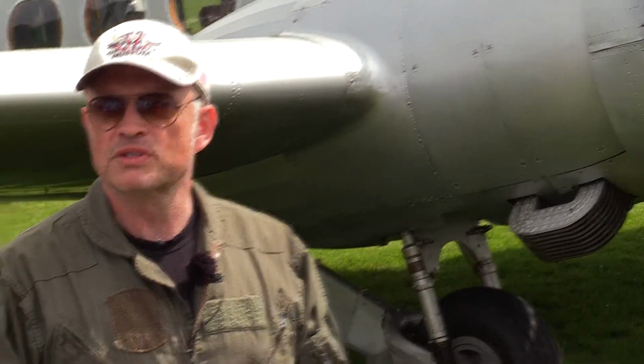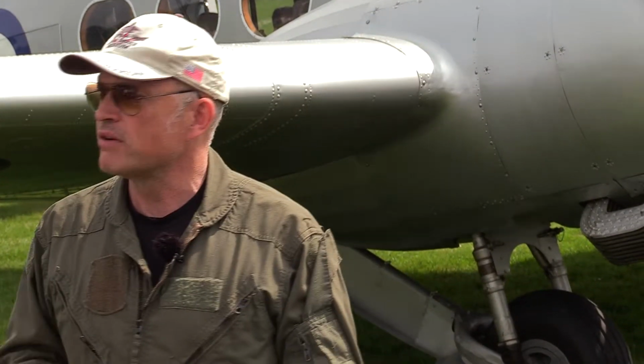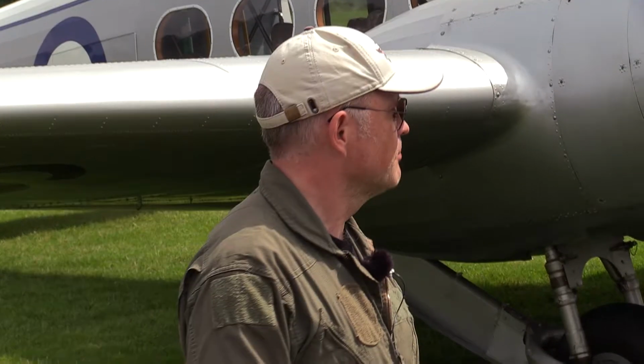And interestingly, as a transport aircraft and a twin, it's not a bomber, it's not a high-performance twin aircraft, or even a night fighter or otherwise. But there were a number of variants in the war, of which a number of them were armed, and this one obviously never was. But they had nose guns and upper guns, and I think in 1941, I'm not sure on the year, but a pilot officer...